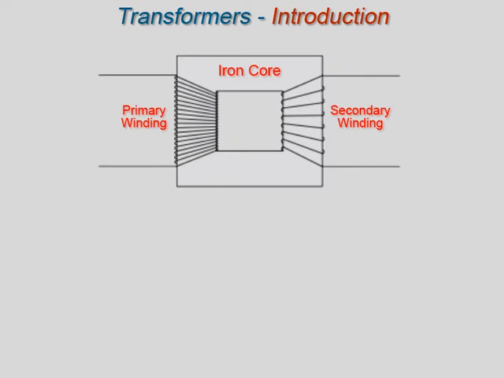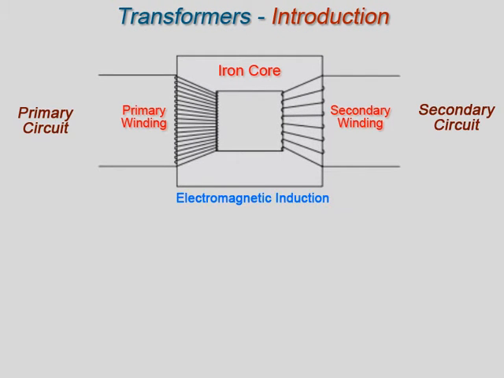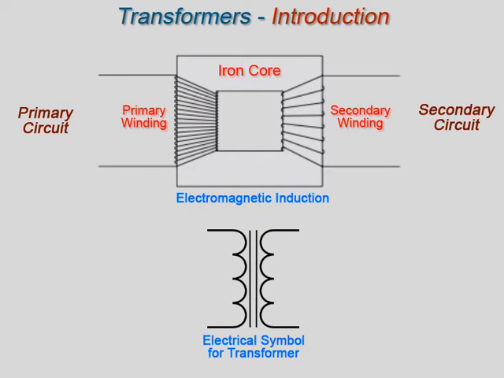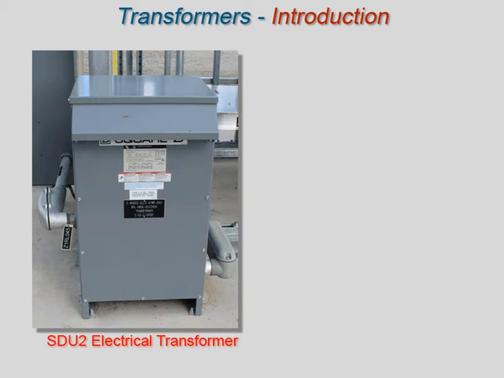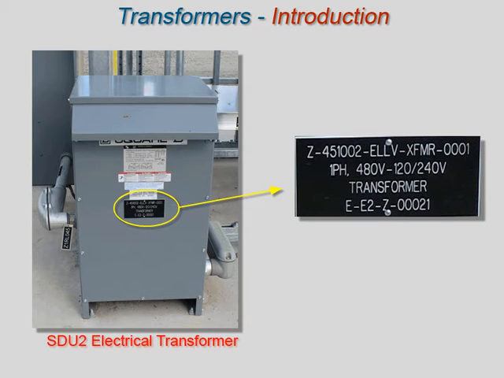A transformer is a device that transfers electrical energy from one circuit to another by electromagnetic induction. The energy is always transferred without a change in frequency, but usually with changes in voltage and current. Transformers are used in a variety of applications. The most important application of a transformer is for the raising or lowering of a source voltage to a desired level. A transformer can convert power at a given current and voltage to an equivalent power at some other current